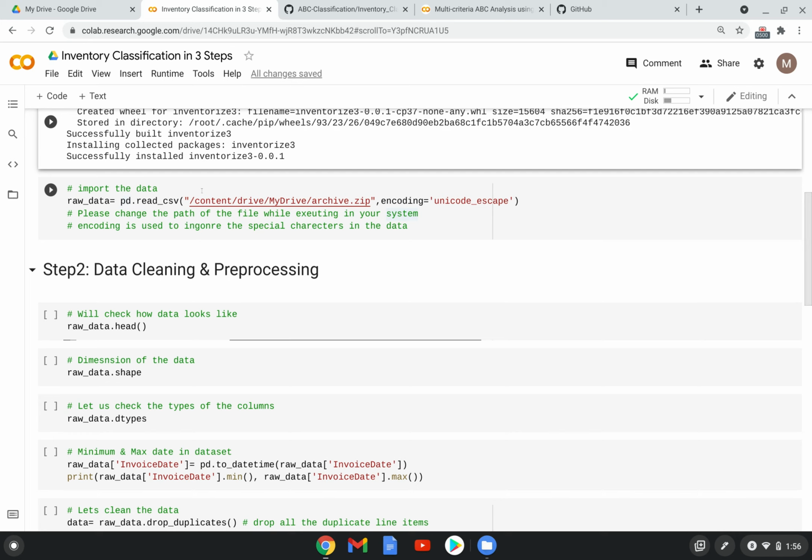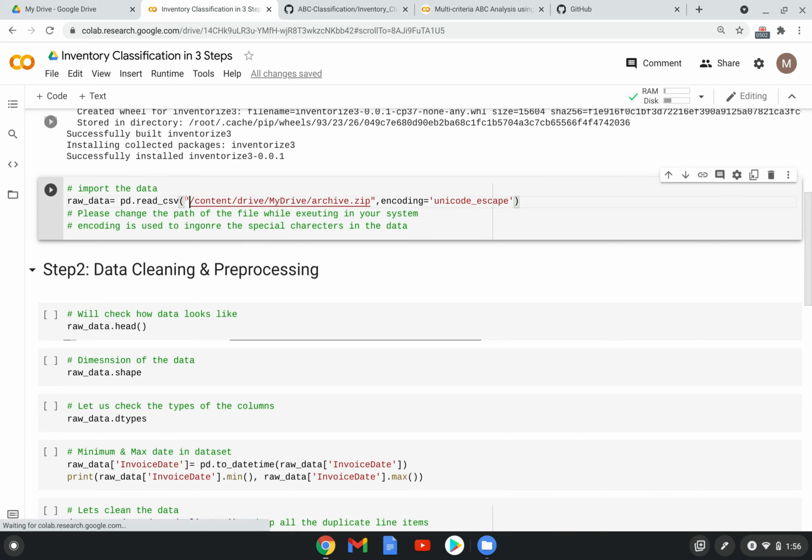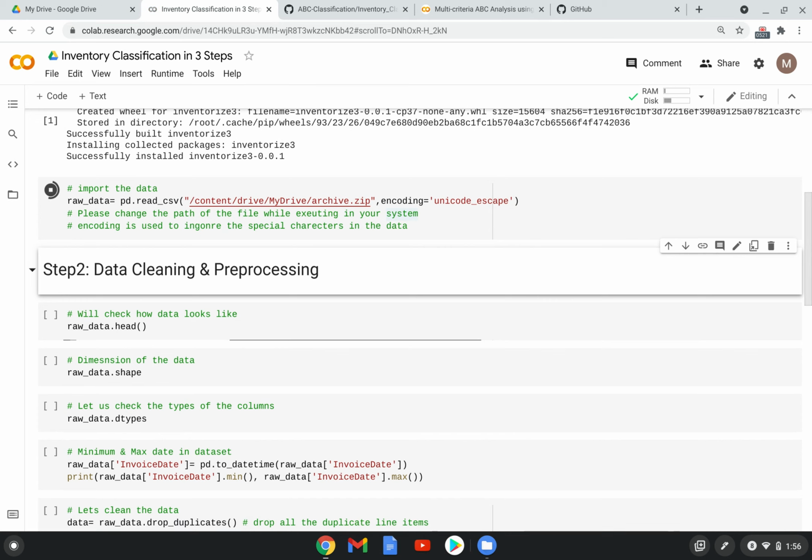In that you have to specify the path of the data which you have downloaded and kept in your local system. And this encoding syntax is basically to ignore the special characters in the data set. So let's just run this.